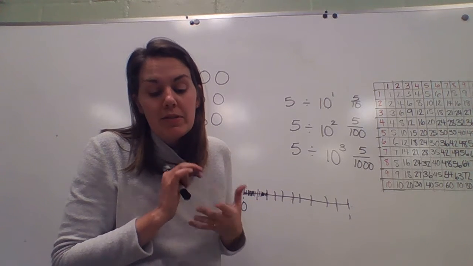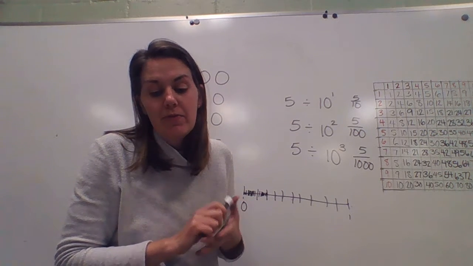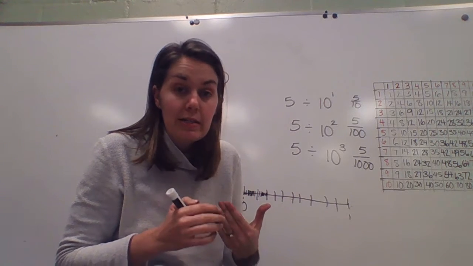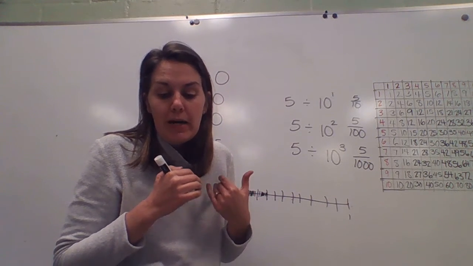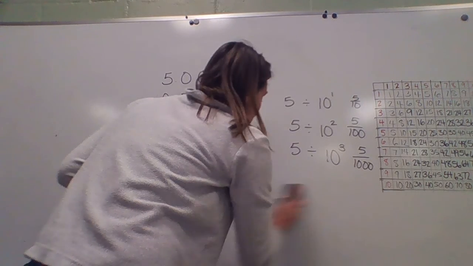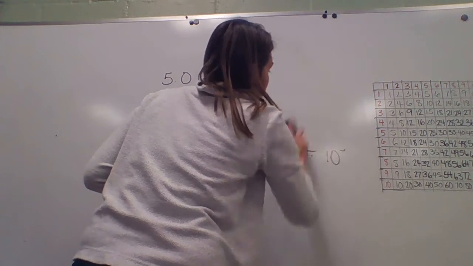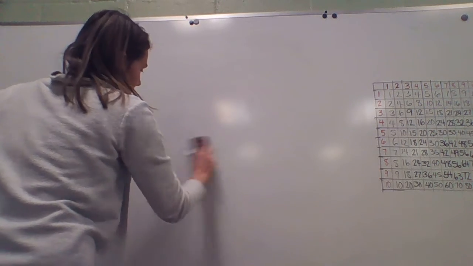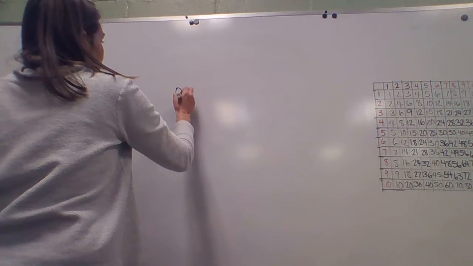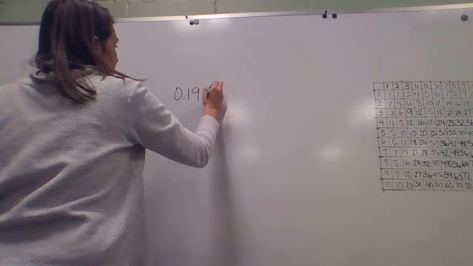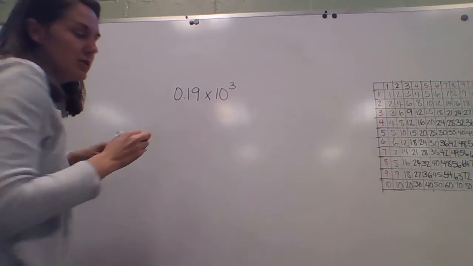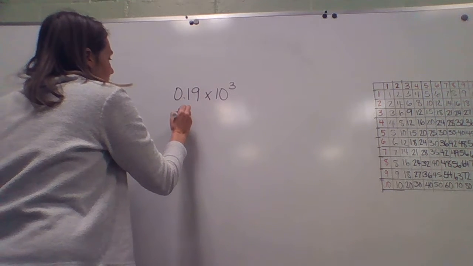All right. Number 6, show how to find the product of 0.19, or 19 hundredths, because the 9 is in the hundredths place, by 10 to the power of 3. Okay. So if you're going to show this, we have 0.19 times 10 to the power of 3. So you could do this a couple different ways. You could show it